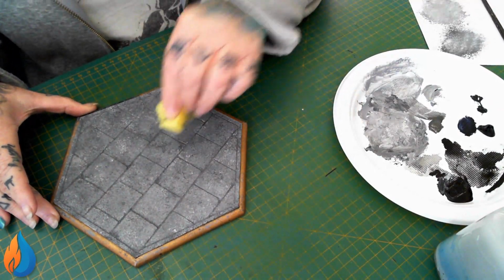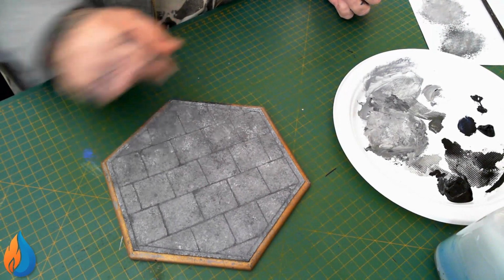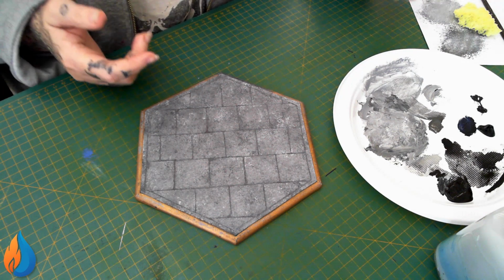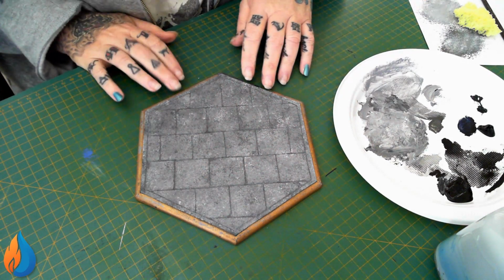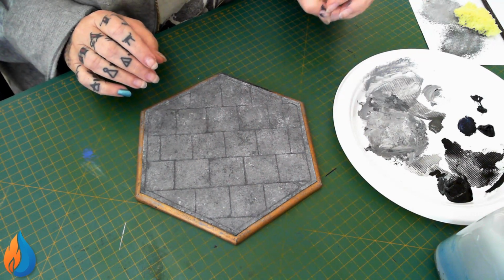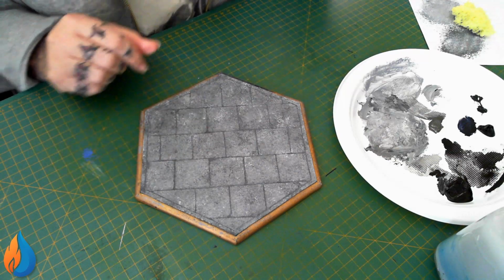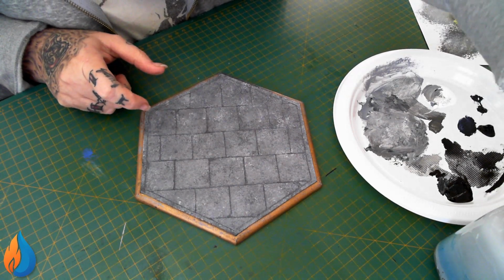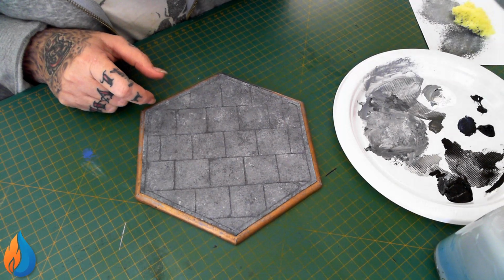And that is pretty much it. I like it. There are a couple more things I would like to do. I want to paint the edges, which we'll need to make sure the top is dry. And I also would like to add just a little bit more dark into some of these, which I can actually do now. I will use a smaller brush, just wash that one out,